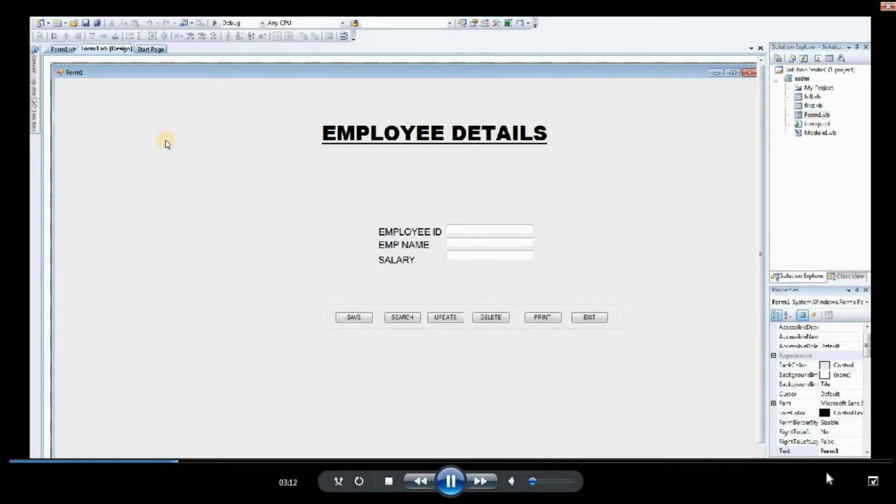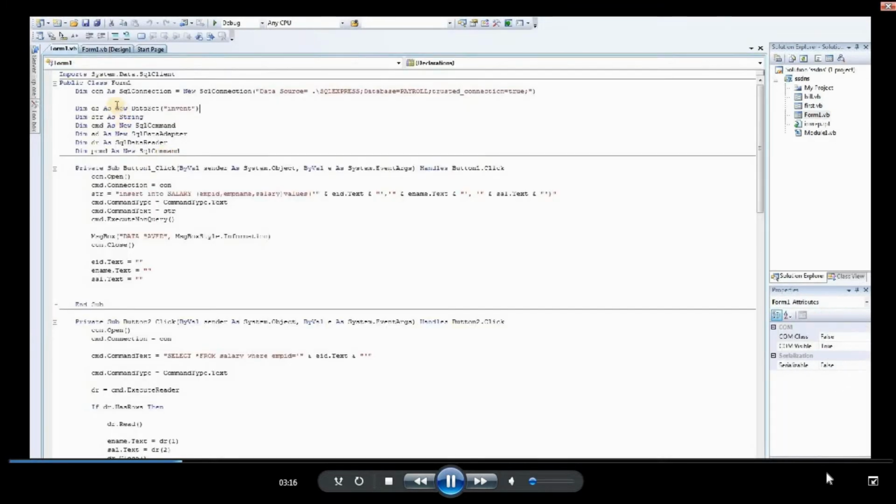After that, come back here, and next you can see view code. Here you have to give the table connections, and first you have to import the client. Type imports System.Data.SqlClient, and then give the SQL connection string. Once System.Data.SqlClient appears, that means the MS SQL connection is established in the form.